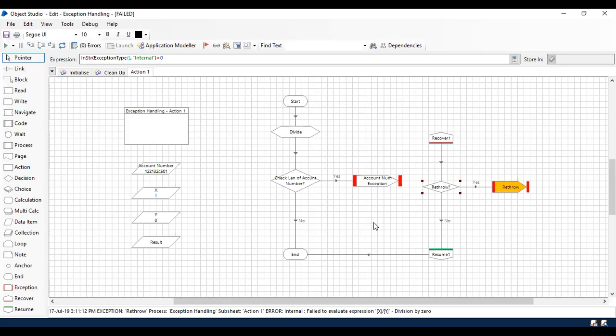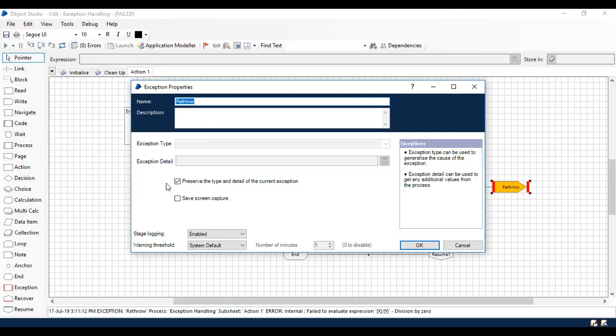It is not going to give any exceptions defined or given by the user. To do that, in the exception properties you have to use this checkbox. As soon as you click the checkbox, these two fields will be disabled, because it's going to take the exception directly given or thrown by Blue Prism.